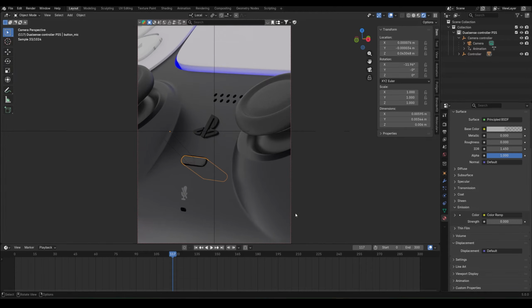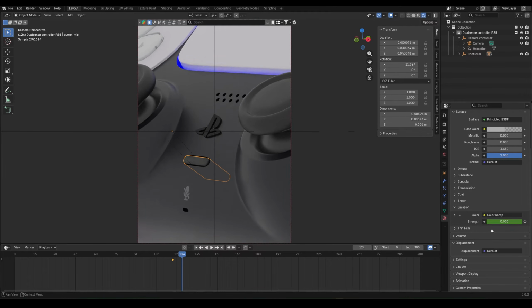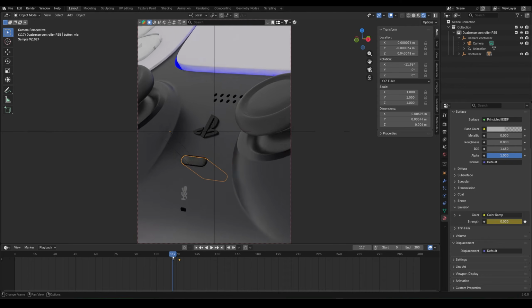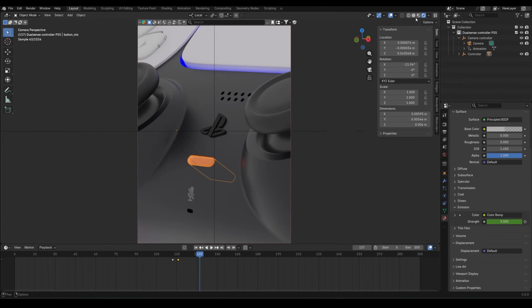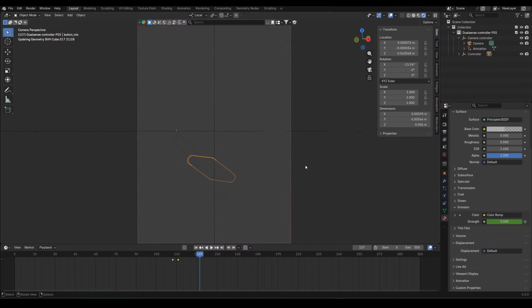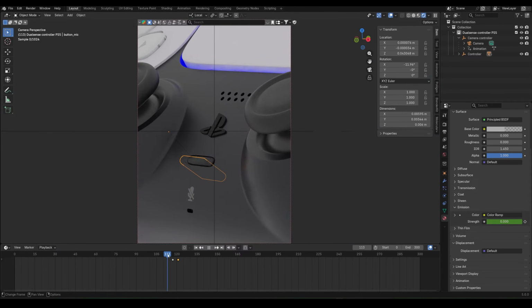Okay, so what I will do, I will just click here to insert a keyframe, and I will just go a little ahead and bump up the strength value like this, and I will just again press that button to set the keyframe, and I will again go back. Let's make it a little faster like that. Okay, now we will move to next section,